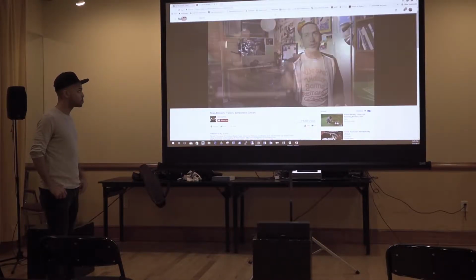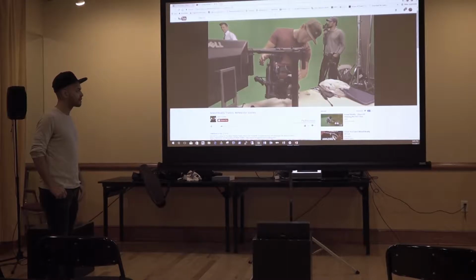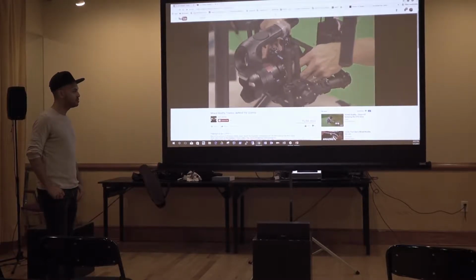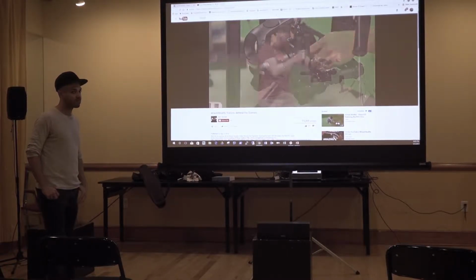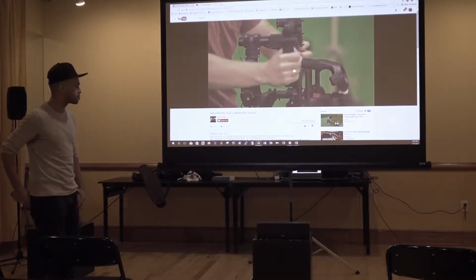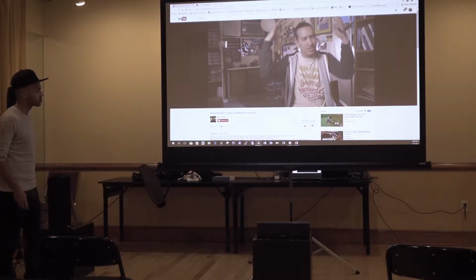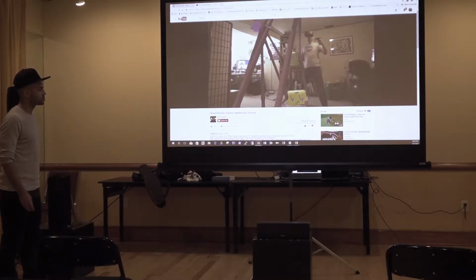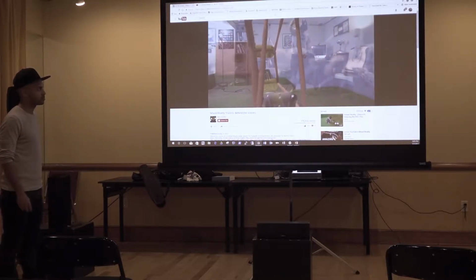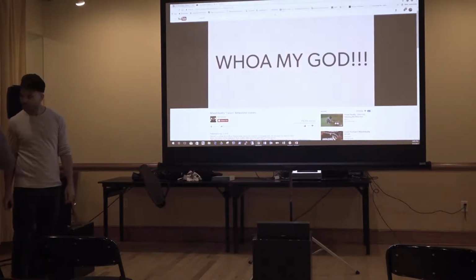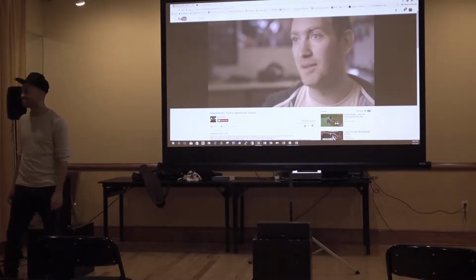And so then we started figuring, okay, what cameras are we going to shoot with? What are we going to use to stabilize the camera? We need to figure out which camera would actually fit in the stabilizers, and how do we attach the third Vive controller to that? And will that throw the camera off? It just keeps mounting on top, right? And we did that first test in the basement, and I put it on Twitter and it just exploded. People were like, whoa, my God, that's crazy. And so we knew we were onto something.